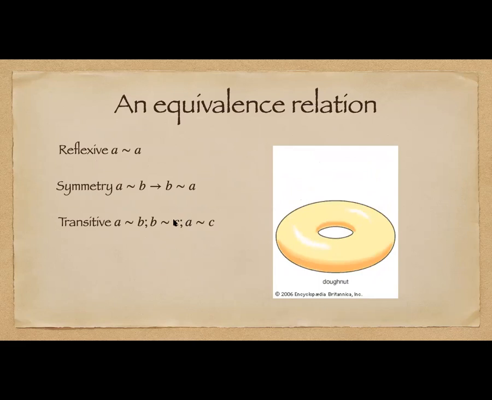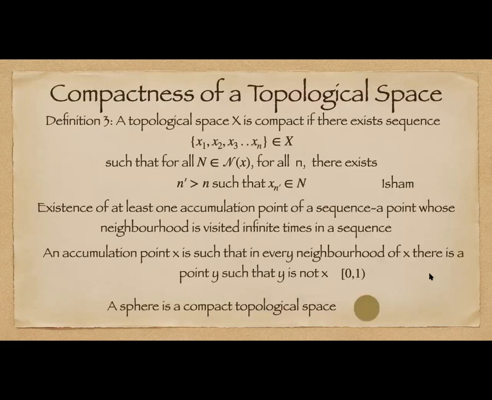and what is not. So we said that the notion of compactness is preserved in a homeomorphism. So basically what this means is that we can characterize a topological space with the notion of compactness. We can characterize or classify topological spaces according to whether they are compact or whether they are not compact.